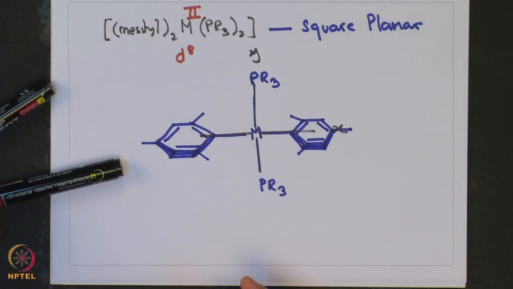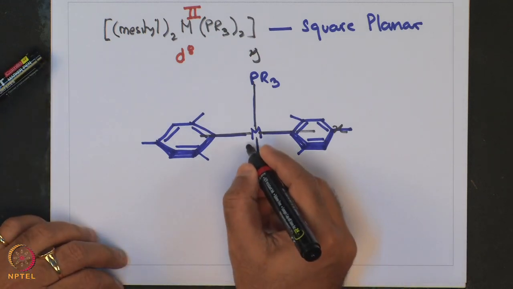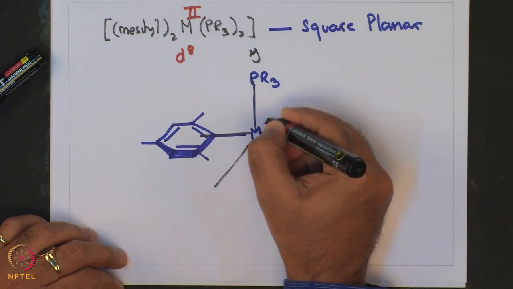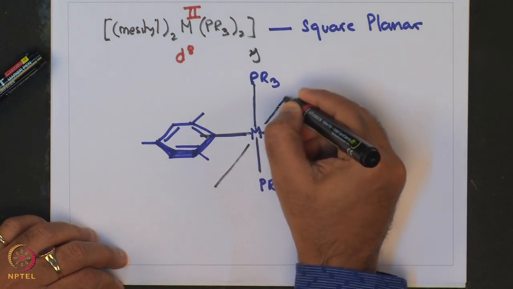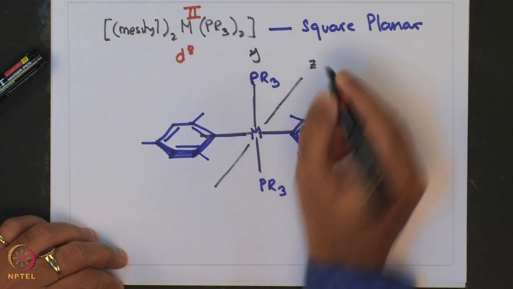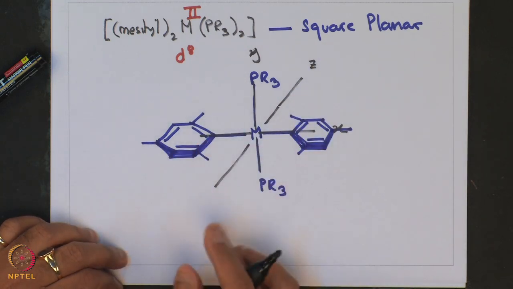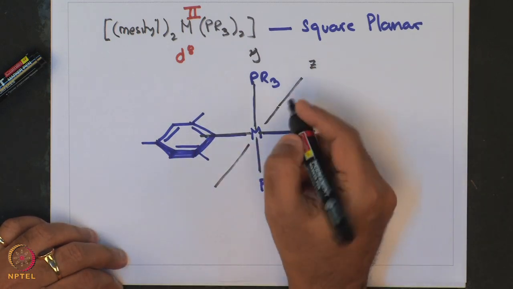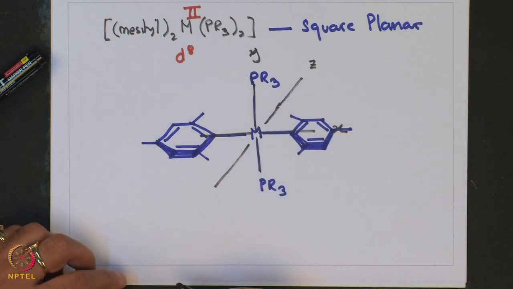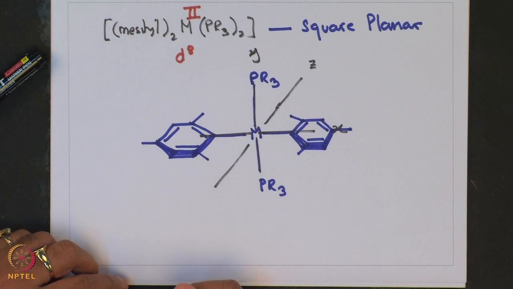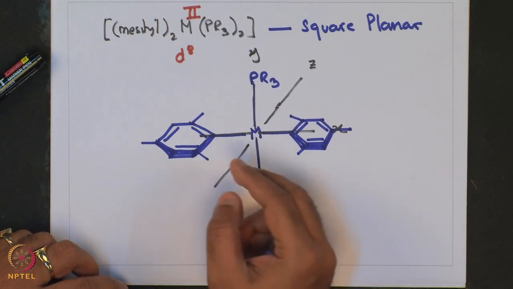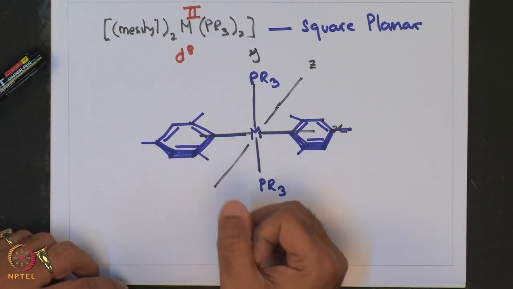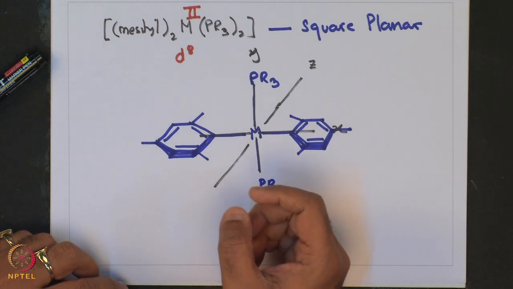So, it has along the z axis empty space where it can undergo some kind of attack, electrophilic or nucleophilic attack, but because of the kinetic stabilization